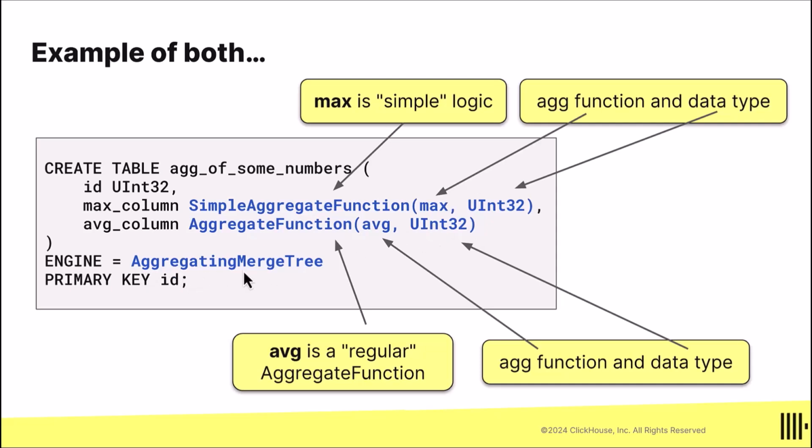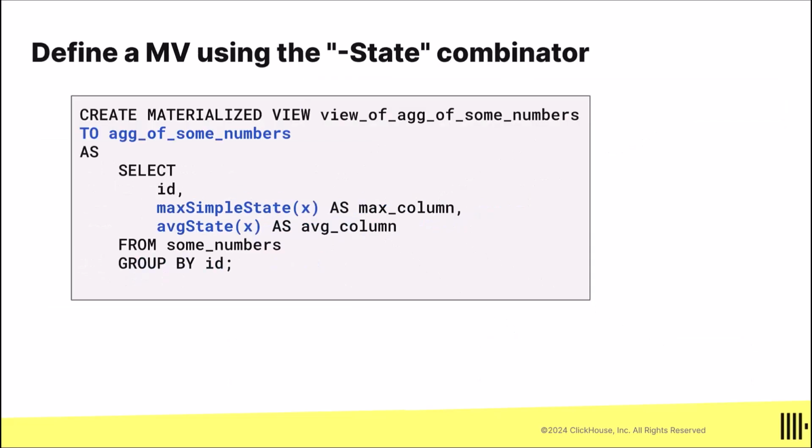Notice my engine is aggregating merge tree, not just merge tree. And the primary key, in this case, is the ID column. So this will be the destination table of my materialized view. Now, when you create the materialized view, you still use the TO clause to send it to the destination table, but